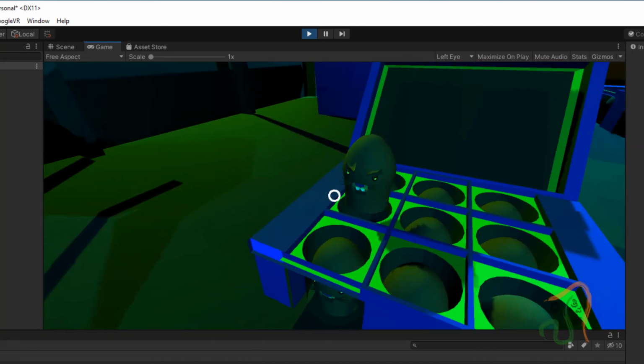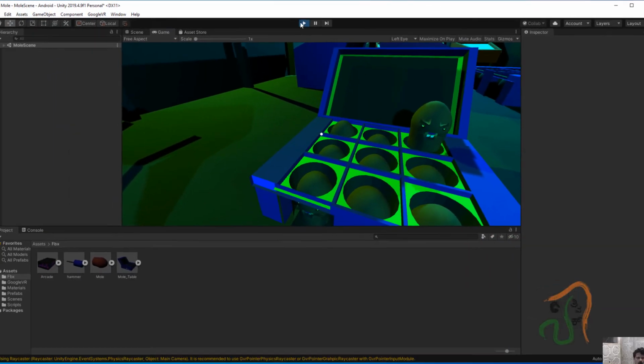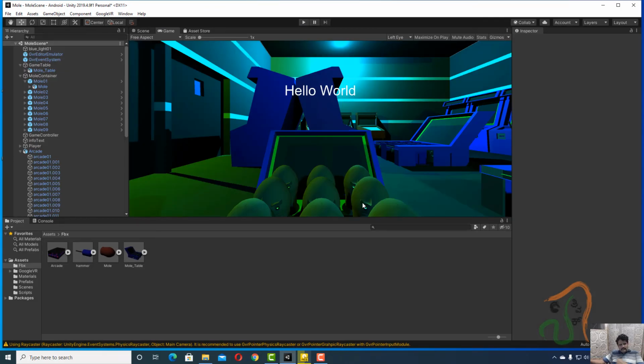So once we are happy with this position, we are ready with this, that is, we have replaced the mole, and one last pending thing that we have to do to complete this game is to add a hammer.